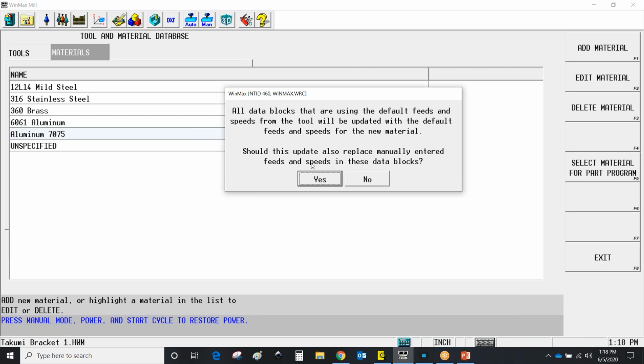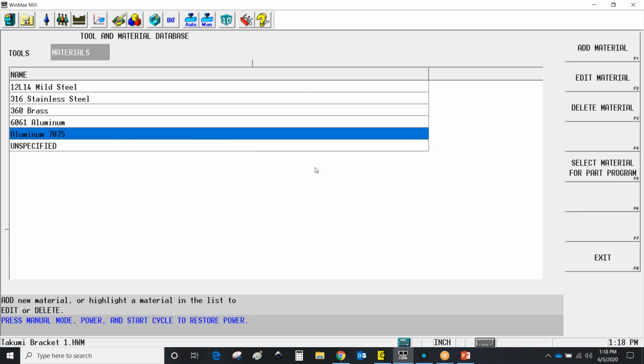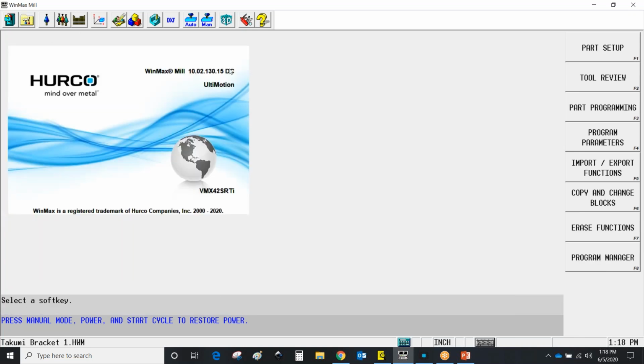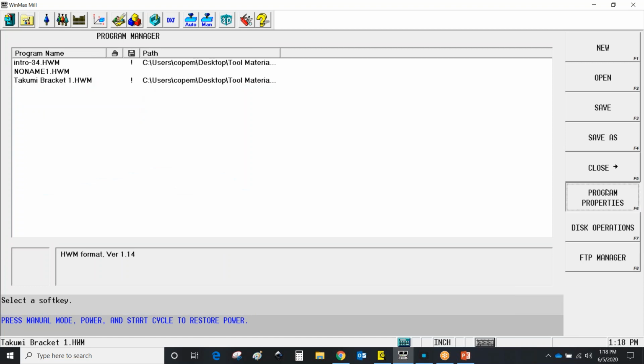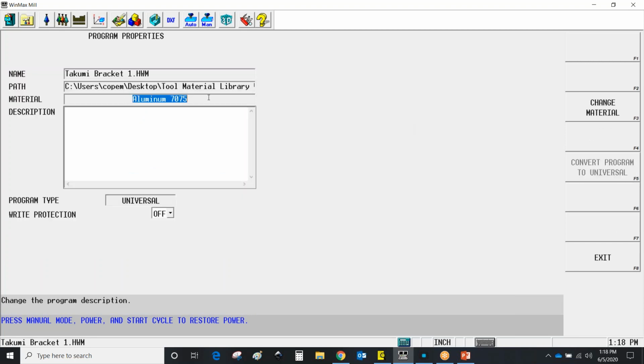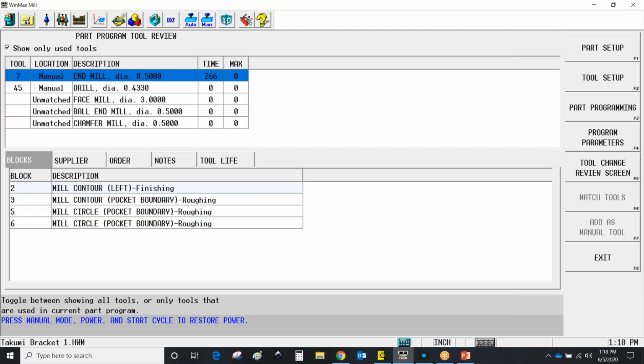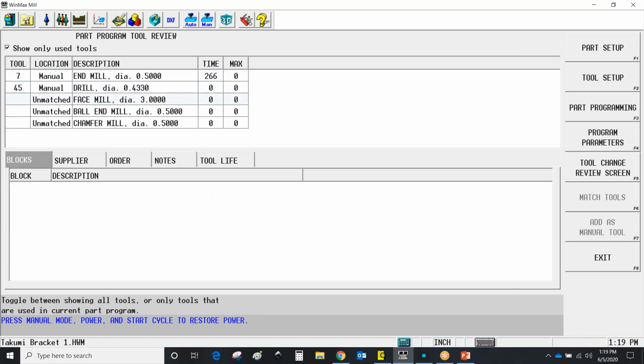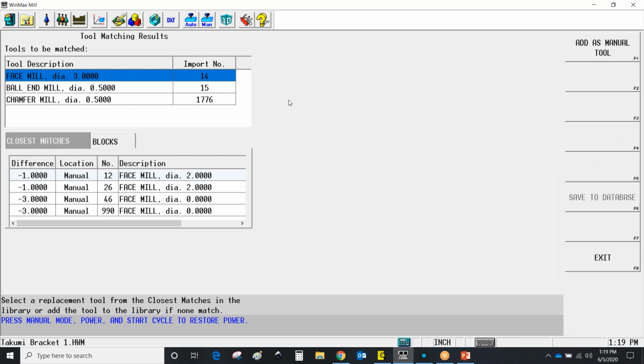Should we also replace manually entered feeds and speeds? If you've entered them manually, then you probably want to say no. If you're just using what is in there, we would say yes. And then when we exit this and go back into the program, you see that we are now using 7075 aluminum. And any tools that we've created from that would be using our speeds and feeds. So if we match this with our tool 83 that we just created,